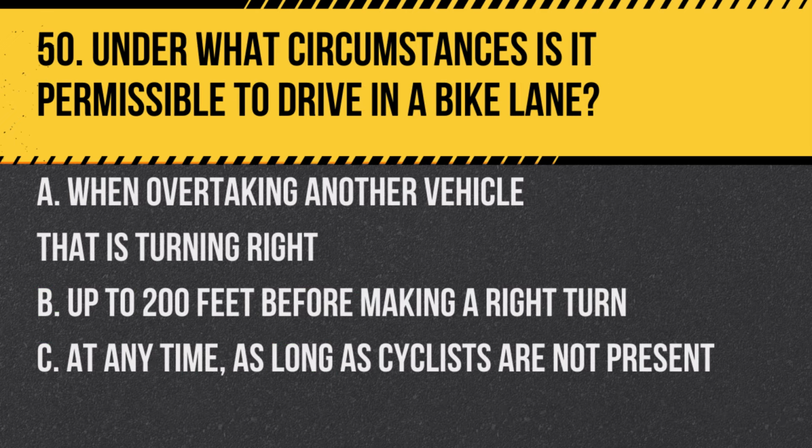Question 50. Under what circumstances is it permissible to drive in a bike lane? A. When overtaking another vehicle that is turning right. B. Up to 200 feet before making a right turn. C. At any time, as long as cyclists are not present. Answer: B. Up to 200 feet before making a right turn. California law allows drivers to enter a bike lane up to 200 feet before turning right, after ensuring it is